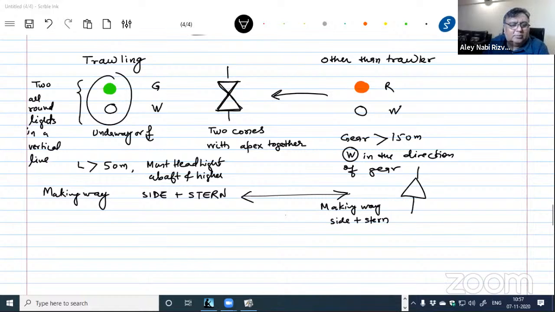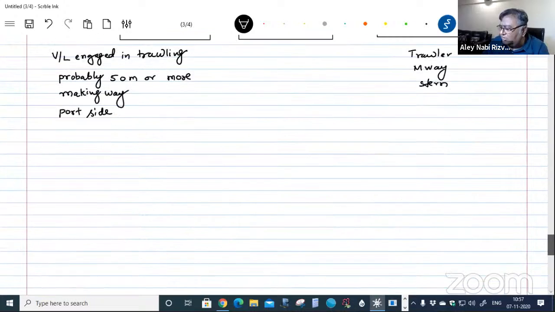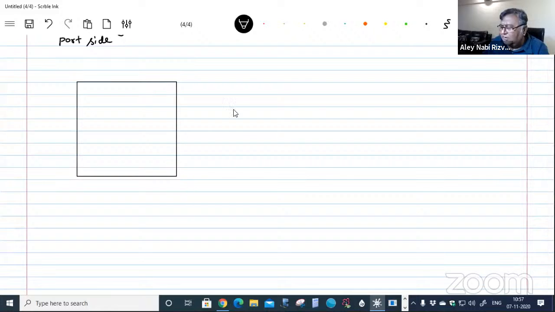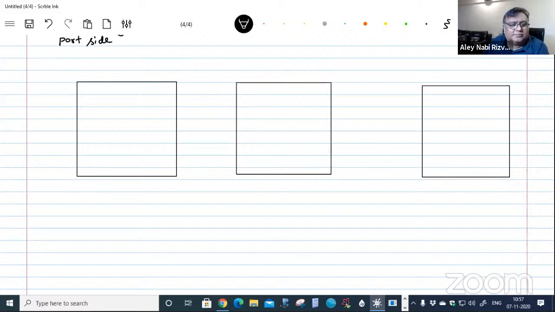Now I'm going to give you some lights. Okay, there are some more lights. Shooting nets have come fast upon an obstruction. Shooting nets, hauling nets, and vessel engaged in trawling, and nets have come fast upon an obstruction. So these lights also you should understand. What I will do, I'm going to